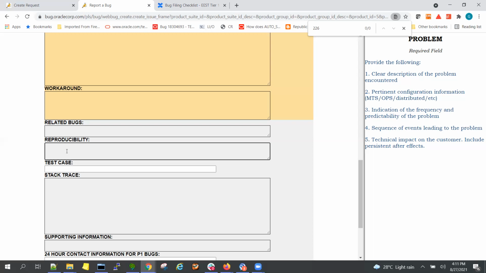Now, reproducibility applies when we have a query performance issue. The customer says this query has a problem. You did some analysis and tried some iterations, like optimizer parameters, some patches, some fix controls, but nothing has helped. Finally, you have no option but to file a bug, and for filing a bug, you now need a reproducible test case.